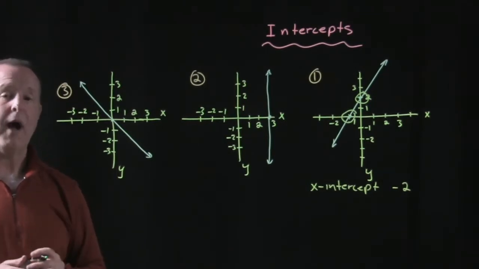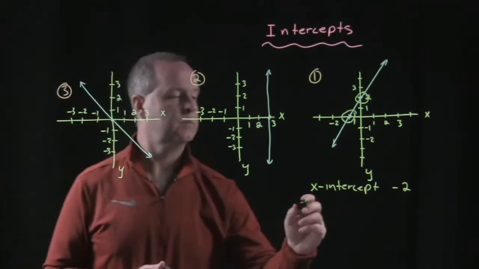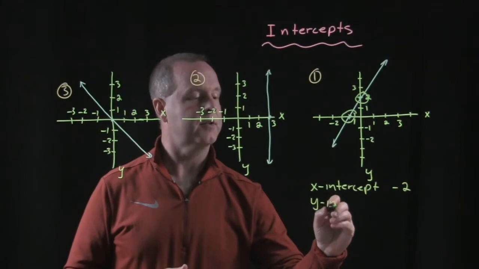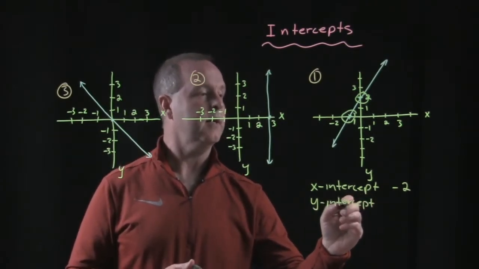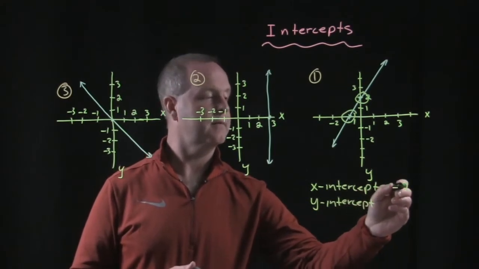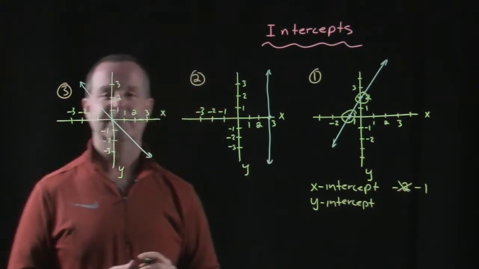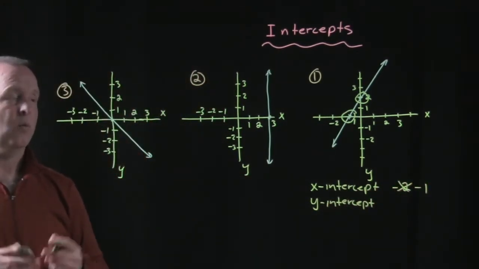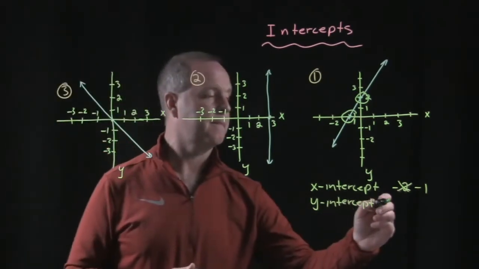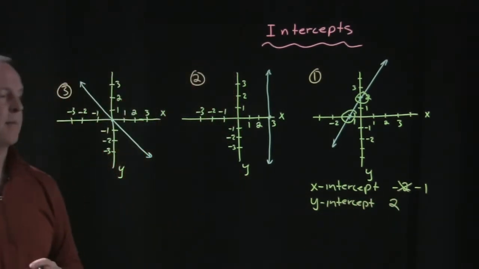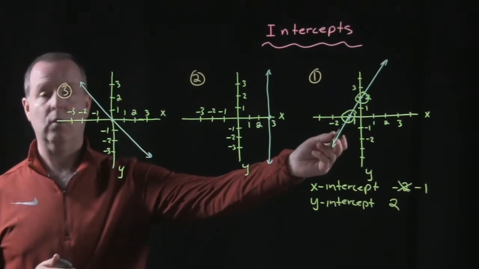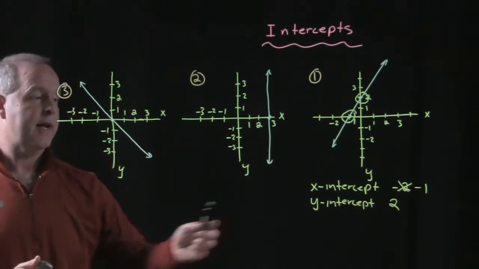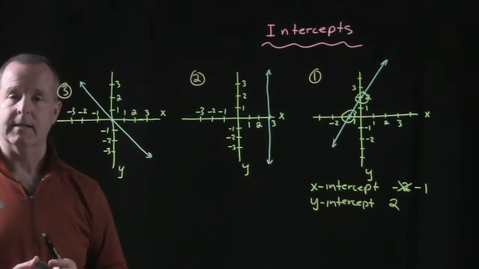And what would you say the y-intercept is? The y-intercept would be, x-intercept's -1. You saw that. And the y-intercept? Y-intercept would be a +2. All right, sorry about that -2 there. X-intercept is -1 because that's where it crosses the x-axis at, and the y-intercept is 2 because that's where it